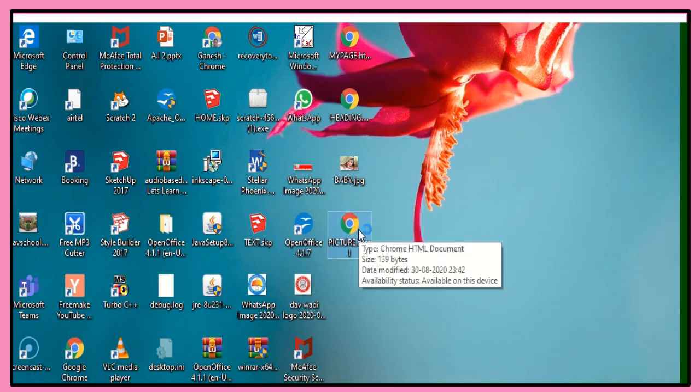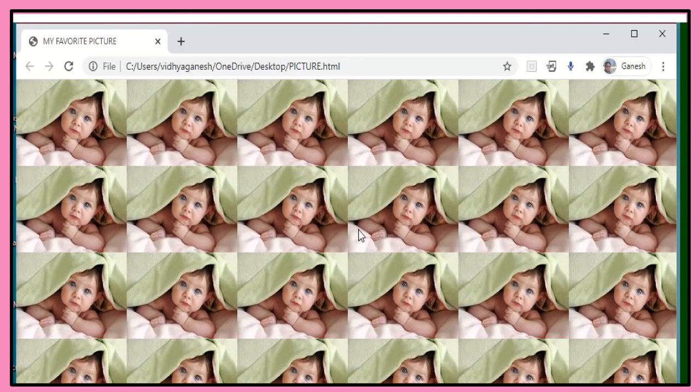Select this. Now you can see the picture as the background, children. It is buffering. Now you can see my beautiful web page. See this, baby, it is looking so beautiful, isn't it? So like this, you can give a picture as the background, children.